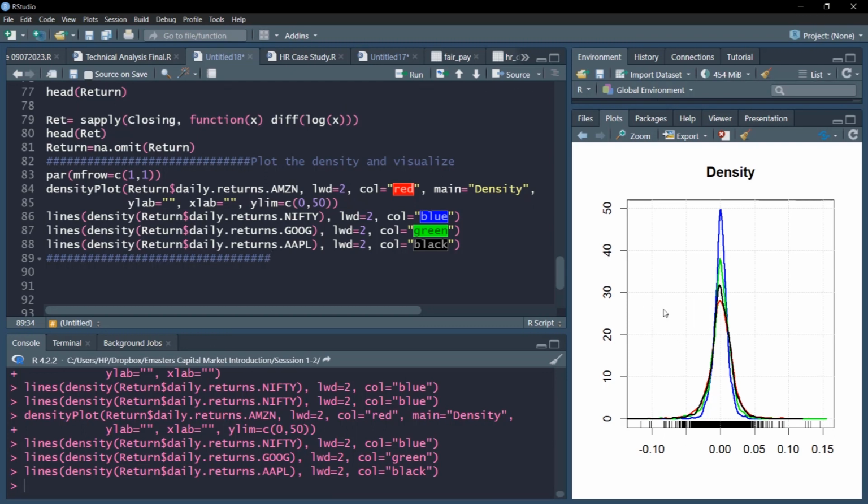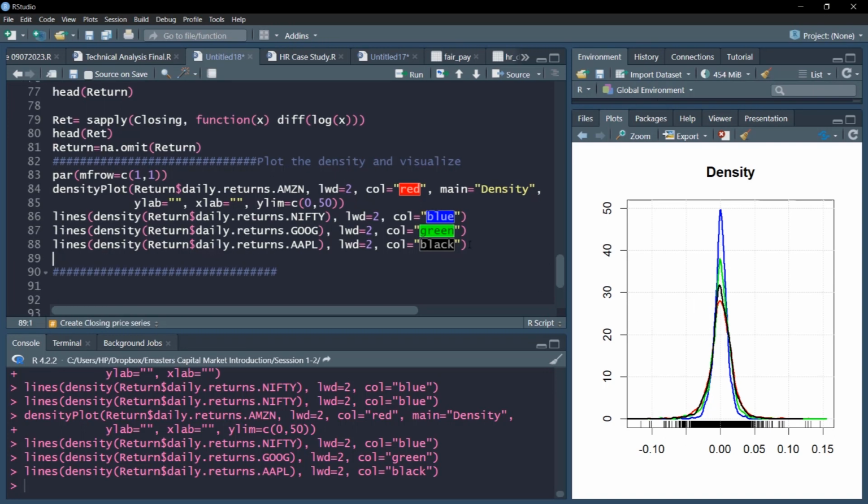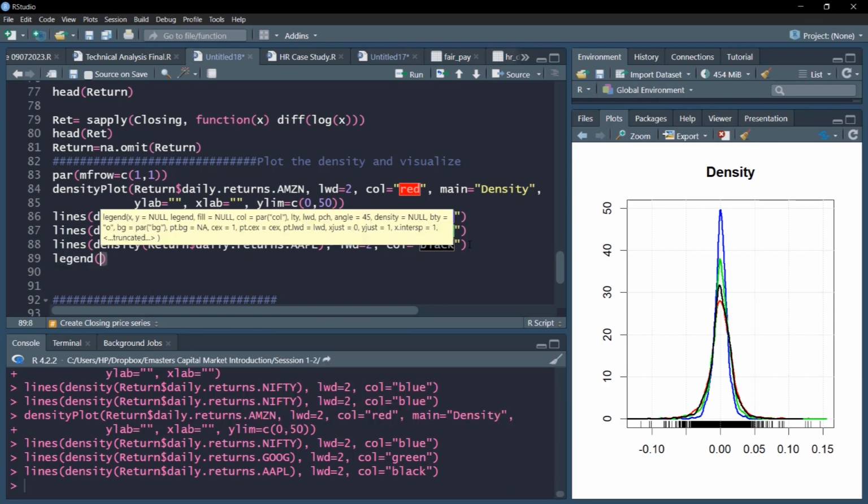Now a more appropriate comparison. Also, I can probably improve this graph. Notice, I can add a nice legend to it, so it looks more publishable. So let's add a legend. The top right and top left windows are open, so I'll use the top right. Maybe you can use the top left also, there are various options, and provide the legend Amazon,